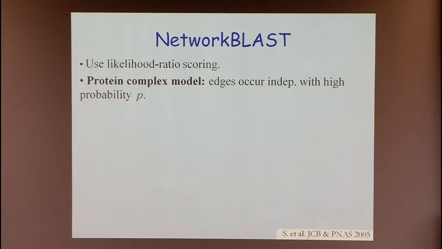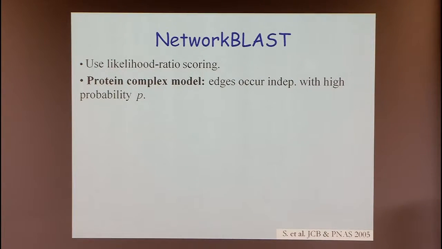So this is the protein complex model. But even if you didn't use a likelihood ratio test, and simply looked for protein sets that abide by this model, you would still be finding dense sets of proteins, and it's not clear whether they are statistically significant or not. So you have to contrast it to something else. And the something else is: how does a random network behave? Are you surprised by the fact that you saw this triangle or not?